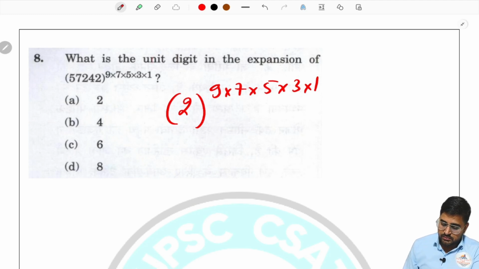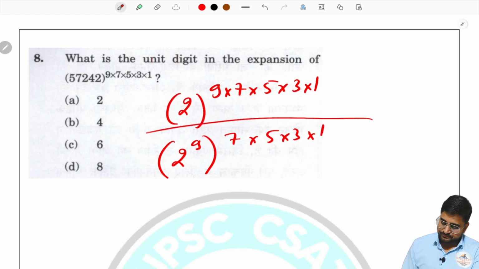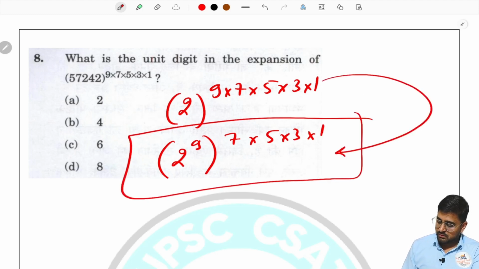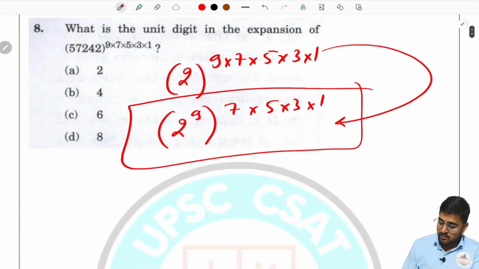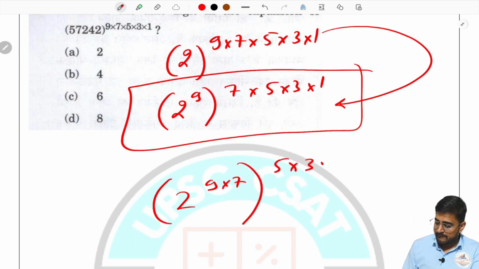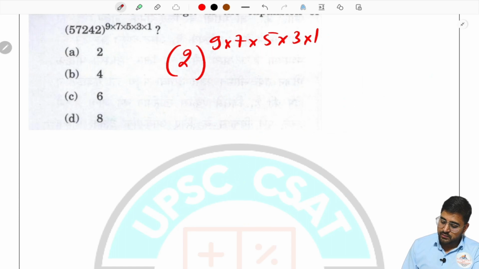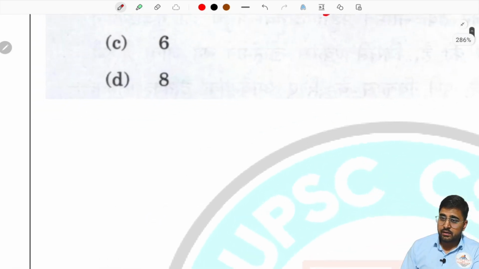Okay. Now tell me, can I write it like this? Yes or yes? Yes, I can write it. Further, I can write them like this. Yes or yes? Yes. Why am I doing this? Because I knew one thing. I write here